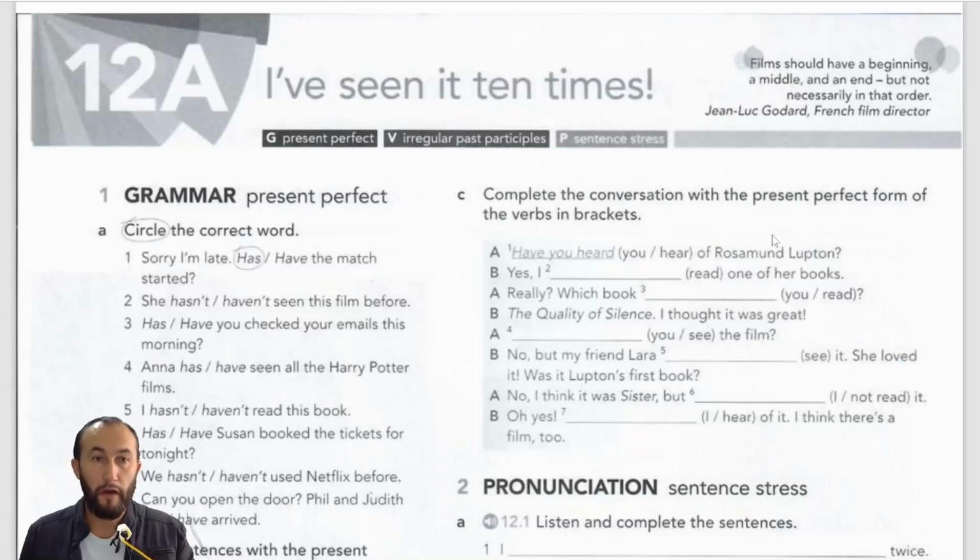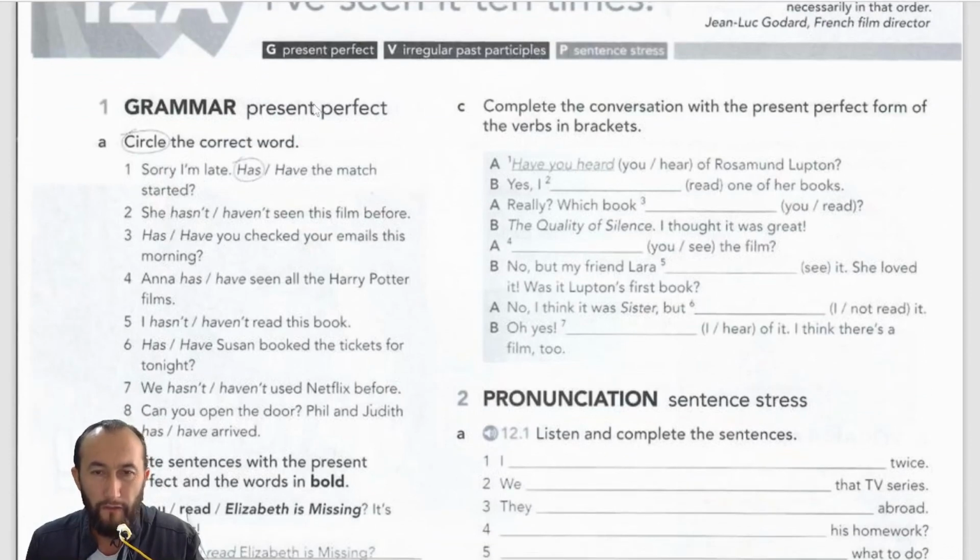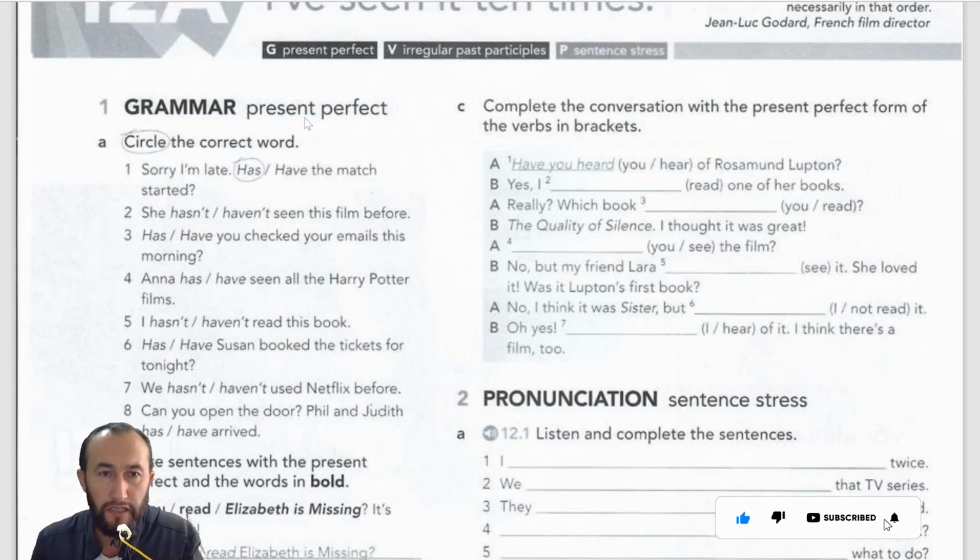Okay, guys, so we're going to start with 12A, page 82, and that's elementary workbook practice from English File. Question number 1 relates to grammar. Obviously, that is present perfect. This unit talks about present perfect. So first of all, we should know how to make it. To make present perfect, you should use have or has, and then the past participle. After the subject, when you've got have or has, and then a past participle, that is going to be present